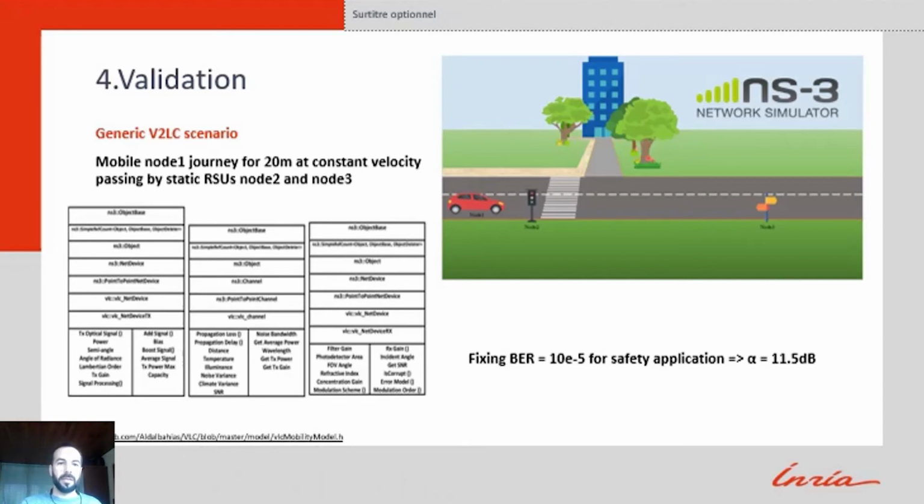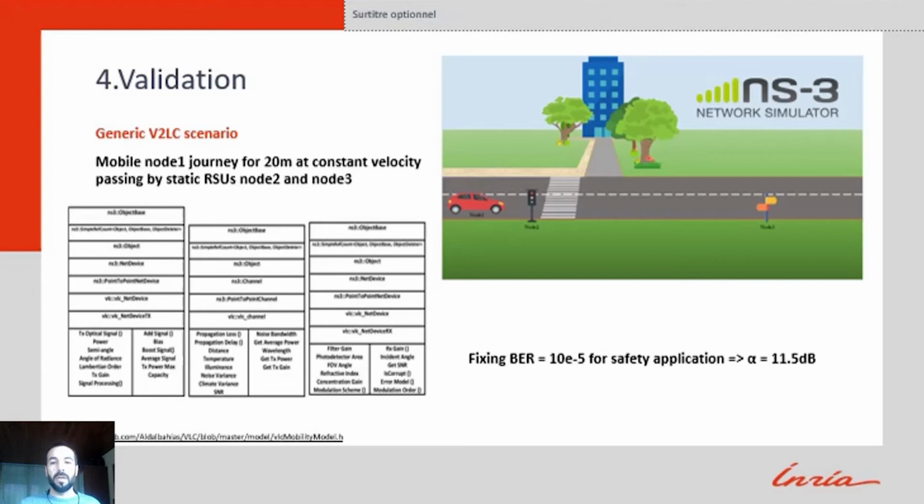I put it here. In the scenario, node 1 travels 20 meters at a velocity of 10 meters per second, passing by node 2 and node 3. During this journey, node 1 measures the link quality and associates to node 2. It adapts its modulation to the SNR, and at some point between node 2 and node 3, the SNR from node 2 falls below